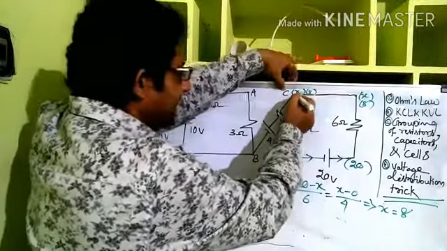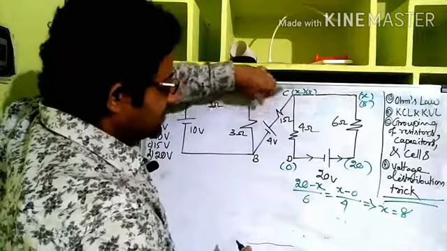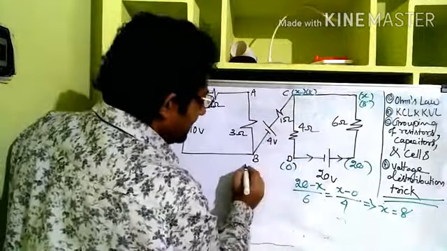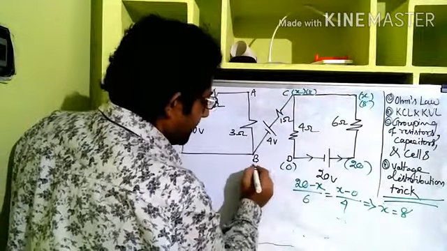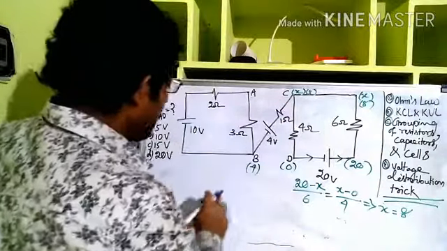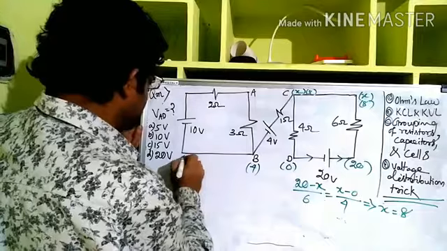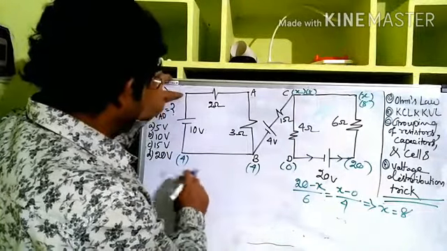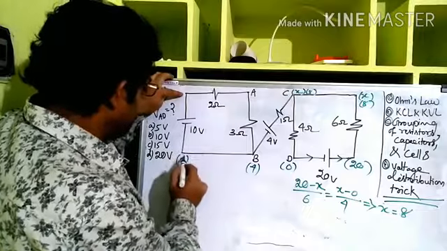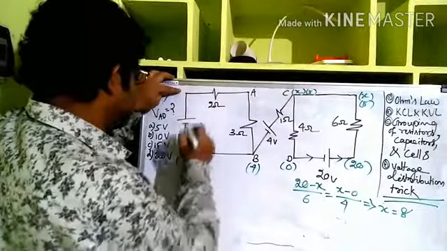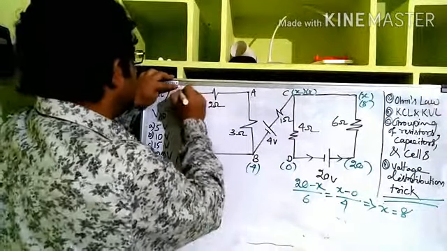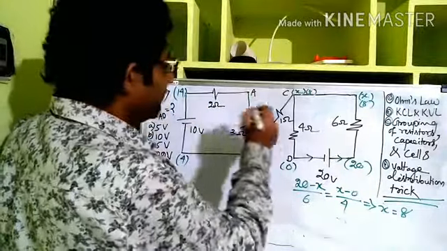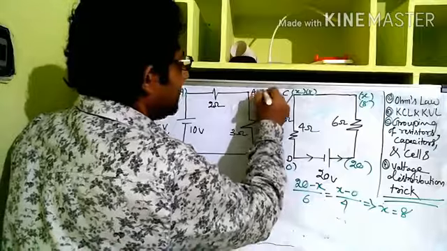So if this is 8 and that is the higher potential, this is a 4 volt, so this must be 4 less than that. 8 minus 4, it is 4, right? And between these two nothing is there, so this also is a 4. And from this end there is a 10 volt potential difference, but the lower end is a 4, means the higher end is 10 plus 4, 14, right? And this one only remained that we don't know, let us say that is y.